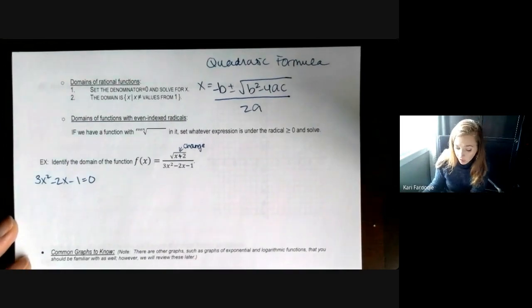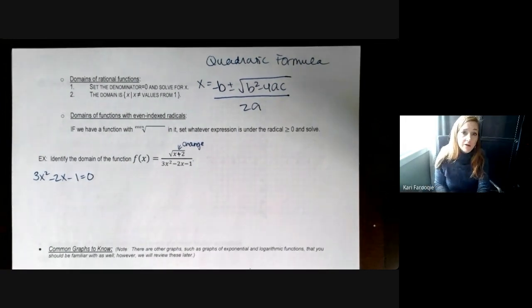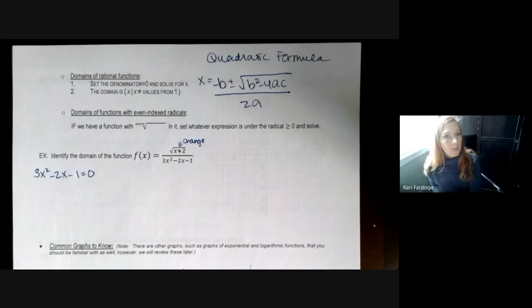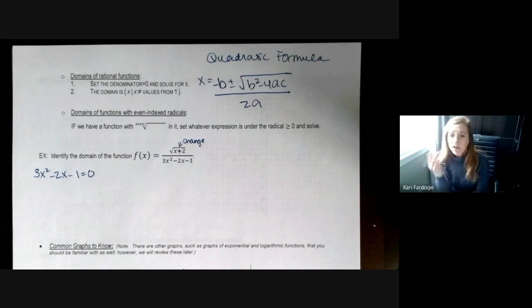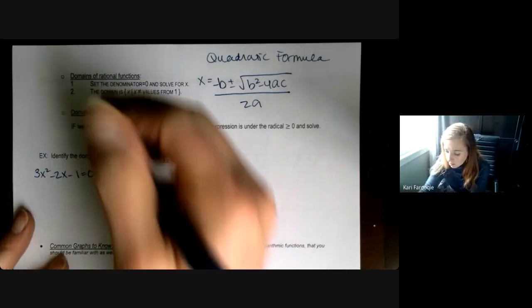So if you don't remember how to factor this, I'll remind you right now. There's a method called the AC method I like to use. I don't care how you factor, just as long as you factor it correctly. I know some students learned to use something called the box method. Okay, fine. If you want to use the box method, be my guest. Some students use guess and check, which I think is similar to the box method. I don't like to guess. I like to know my answers right. So I use the AC method,